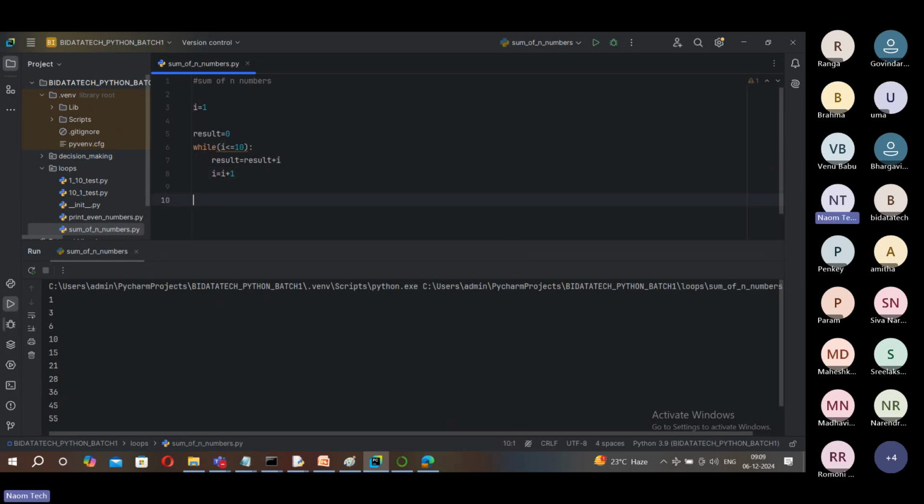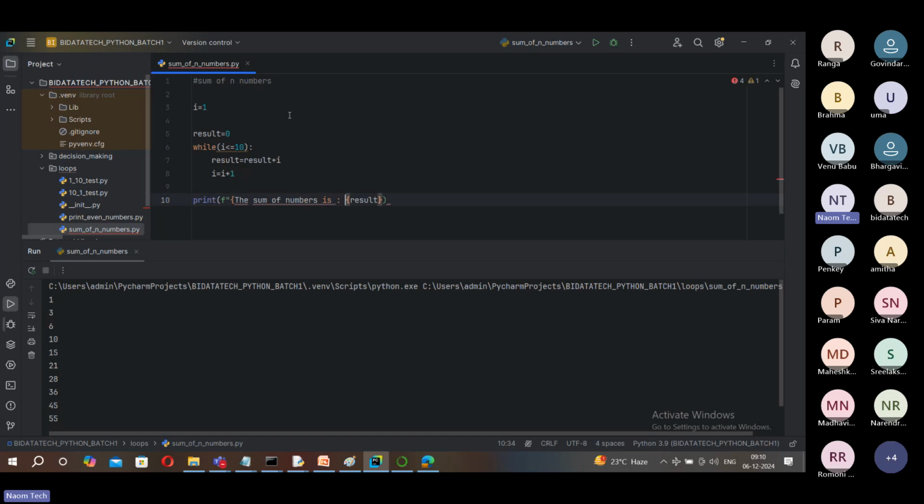Okay, this is good practice. So you can just add, the sum of n numbers is, excuse me, friends,